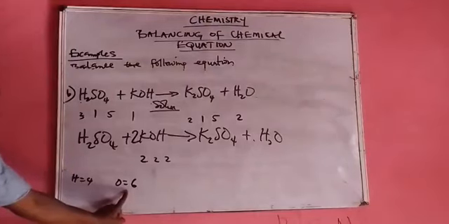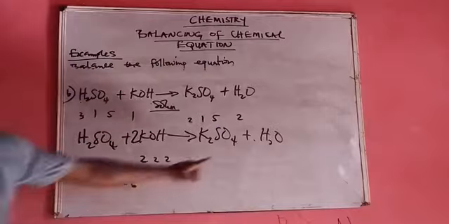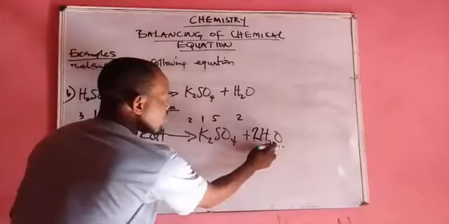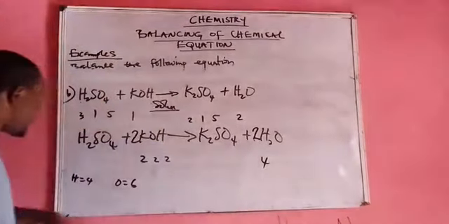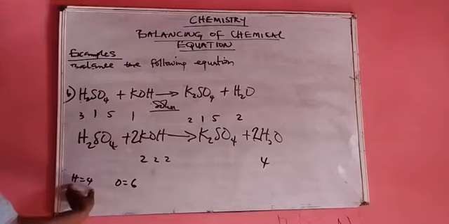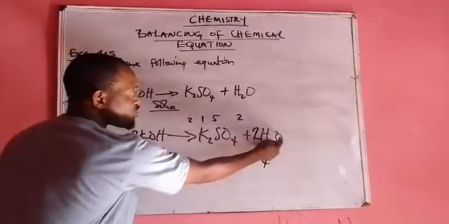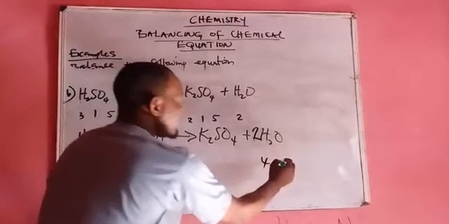So what do we do? Remember, hydrogen here is 4. Hydrogen here is what? 2. So if I introduce 2 here, 2 times 2 will give me 4. So hydrogen is now the same. Hydrogen is now 4. Get it now? Now, this 2 that I introduced here is not only affecting hydrogen, it's also affecting oxygen. So automatically,